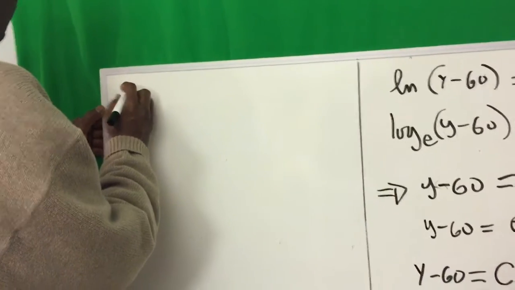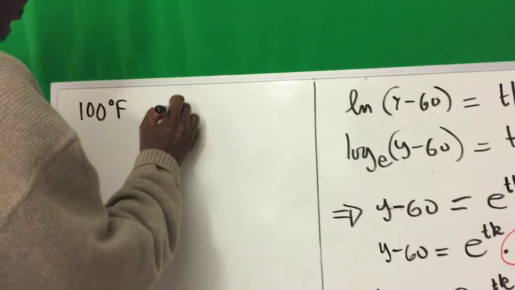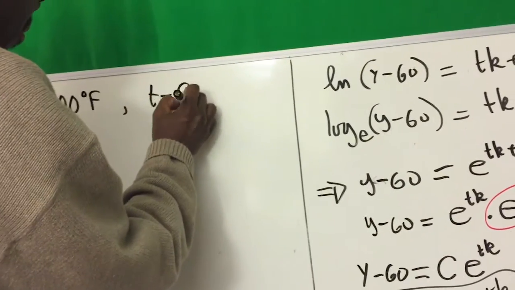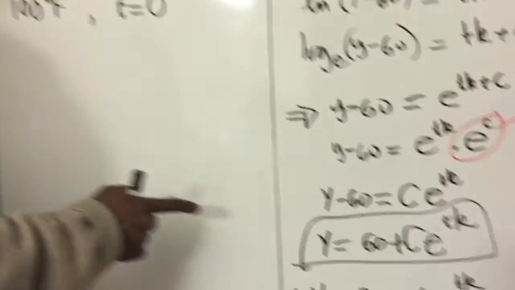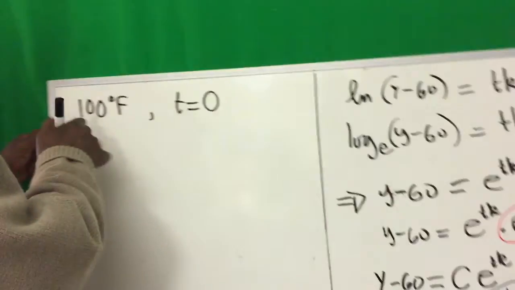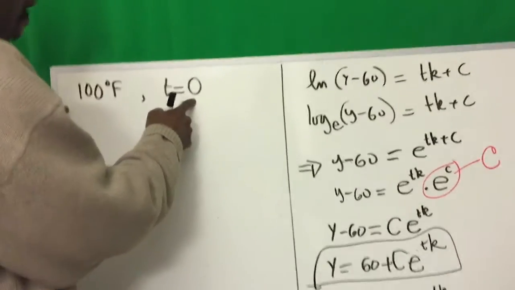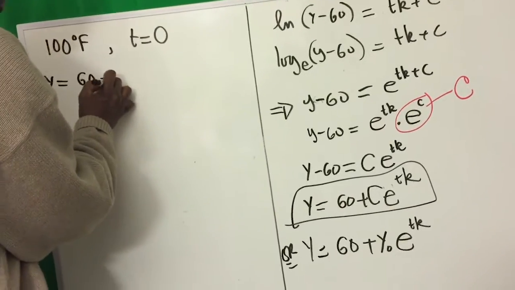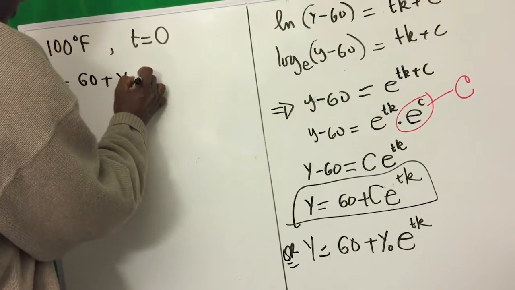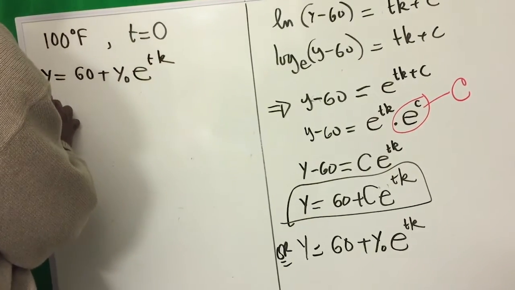The temperature of the object is 100 degrees Fahrenheit initially. So initially means time is 0. Back to that equation there, we substitute two things: 100 degrees for y and 0 for t. This is 60 plus y sub 0 e^(tk). So 100